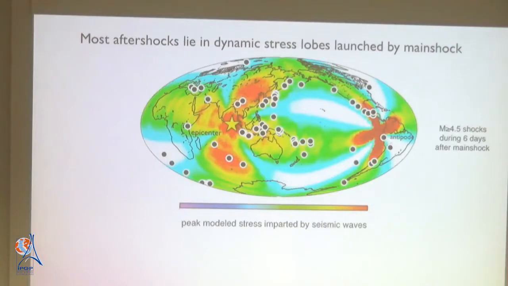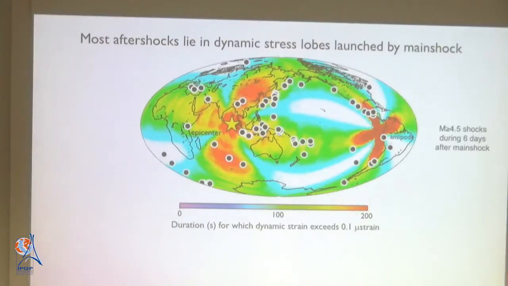And what was interesting about this is what Fred is calculating here is not the magnitude of the dynamic stress, the stress imparted by the waves. It's the duration over some threshold magnitude. Because after all, if you just did this for the magnitude, the stress is highest very close to the main shock, and as you move away, it gets very small. So that can't explain a uniform distribution of global aftershocks. And so this suggests that duration is very, very important.